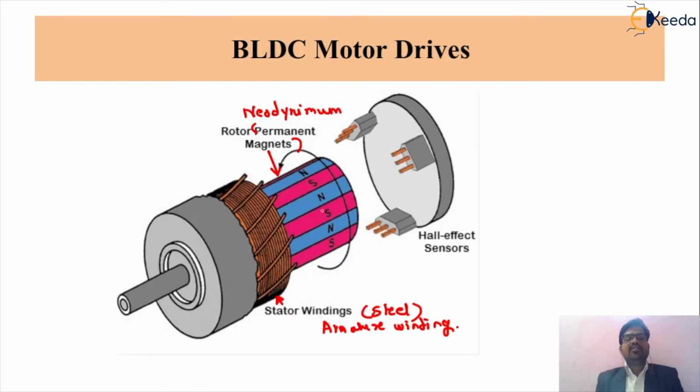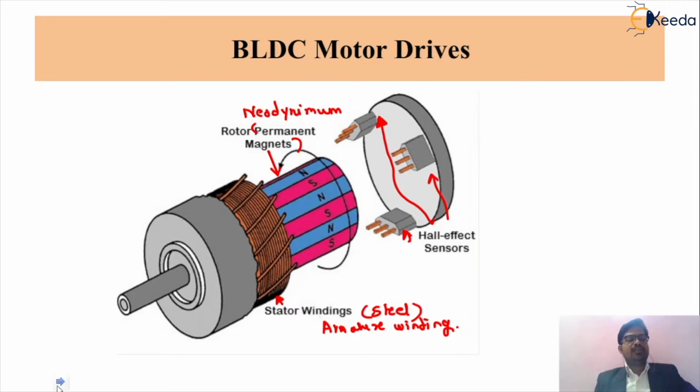There is a very important part, the sensor, that senses the position of this particular drive. This is called the Hall effect sensor. According to the position, the Hall effect sensor sends the different positions of the drive to your controller circuit, and depending upon that, your controller will control the speed of your BLDC motor. So this is the construction of your BLDC motor.